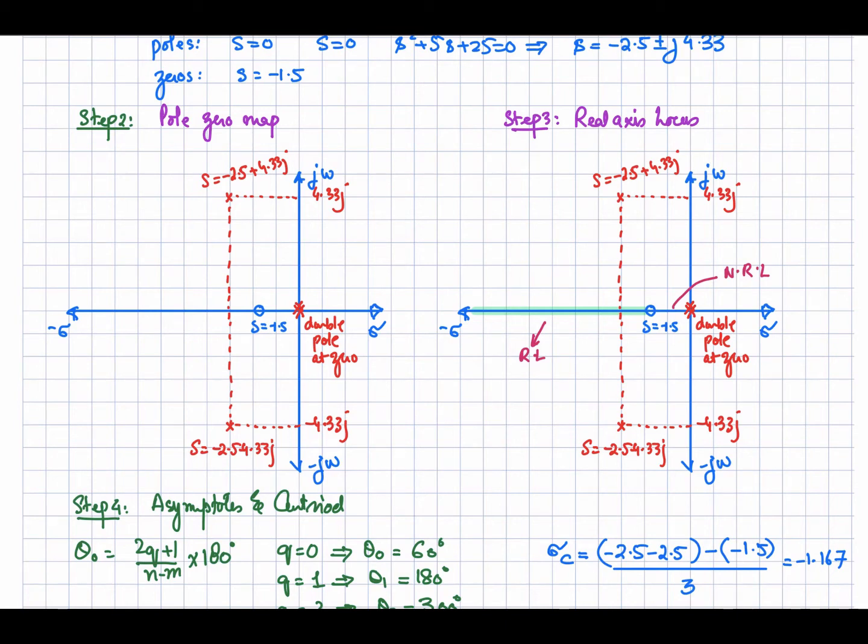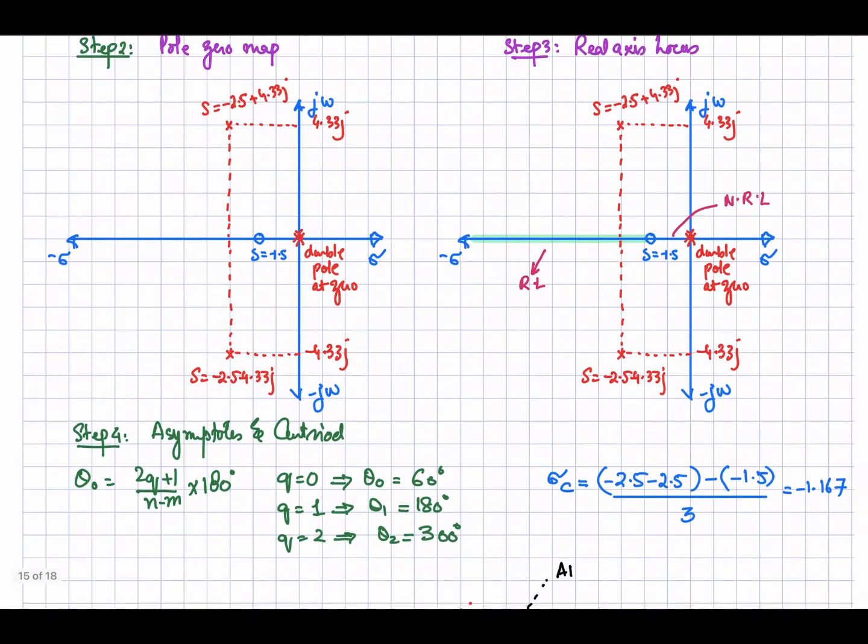Okay, now let's calculate the asymptotes, because one pole will be coming toward this zero over this real axis, and these two complex poles will be moving toward infinity. Out of this set of poles, one pole will be coming toward the zero and the other pole will be moving toward infinity, because its zero will be at infinity. Right, so one pole will have to come toward this zero and the rest of the poles will move toward infinity. So now let's look at the asymptotes along which the poles will move toward infinity.